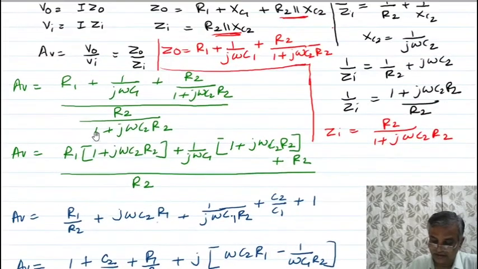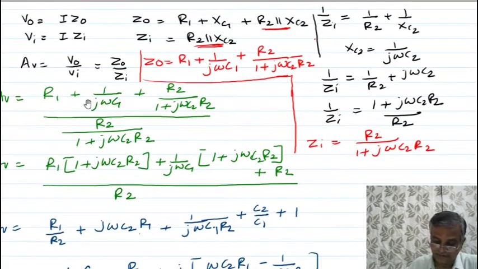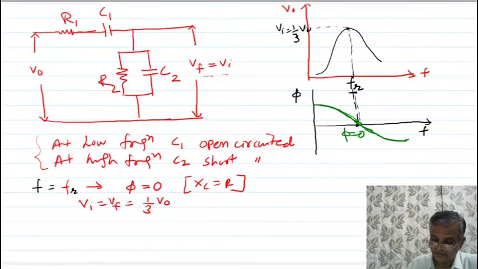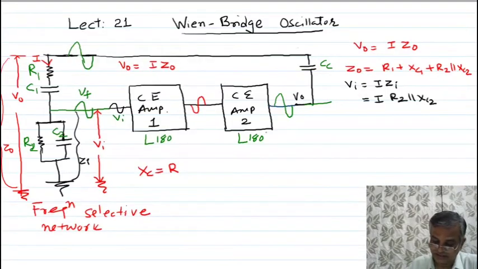Second, you can easily vary the frequency. You can easily vary the frequency by changing the value of either C1 and C2 or R1 and R2. Smooth variation of the frequency will be there. You can get the frequency up to 200 kilohertz, and this gives very little distortion. Distortion is also very low compared to the RC phase shift oscillator.